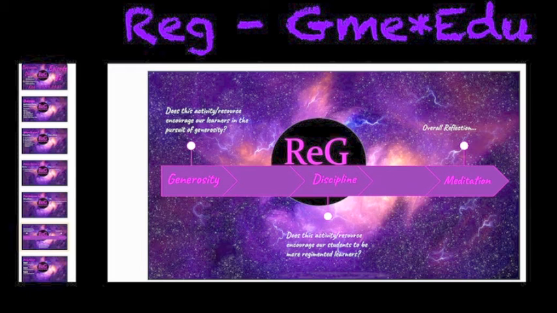Discipline. Does this activity or resource encourage our students to be more regimented learners? Absolutely. Look at the document-based question. Even outside of the activity we created, it's looking for that critical historical meaning in text, so it's encouraging a more regimented approach to reading. It's encouraging a more critical approach to history as well, in the study of history. So I think there's an element of discipline that can be utilized in terms of our activity, the discipline of self to not immediately lash out at someone's comment on the discussion board or on the question assignment. Think about those things as well when we talk about discipline. So I think it does check some boxes here.